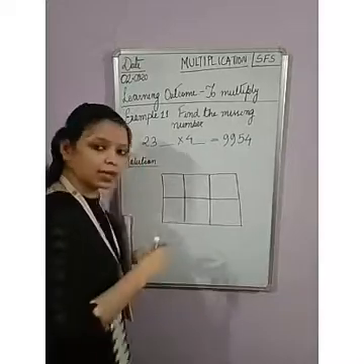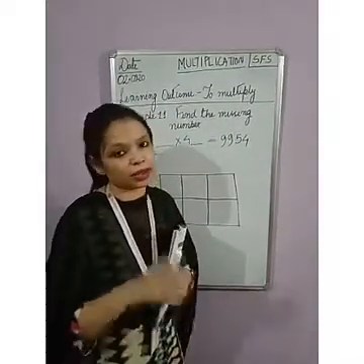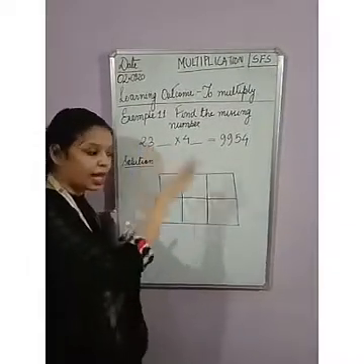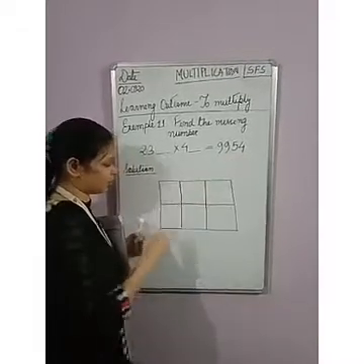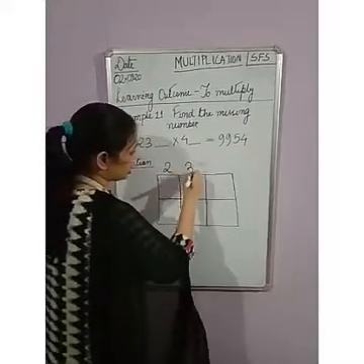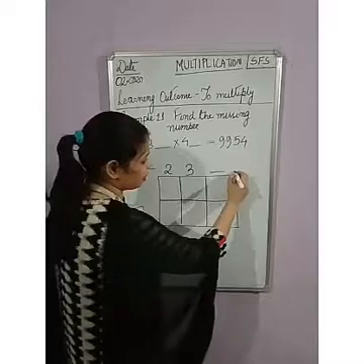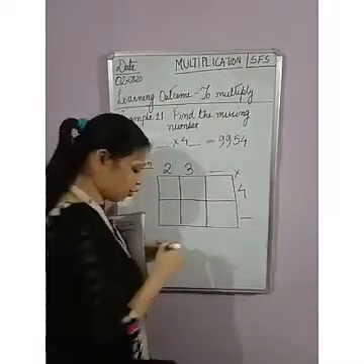The multiplicand defines the number of columns, and the multiplier the number of rows. So these standing ones are columns, and the sleeping ones are rows. Okay, and the product is given here. So what will come above? The number will come 2, 3, and the number is dash here. We don't know the number. Multiplication sign you can give, and 4 and dash. You can give a question mark also.